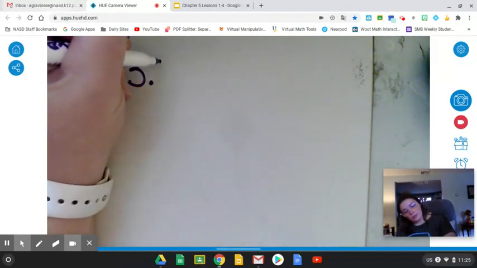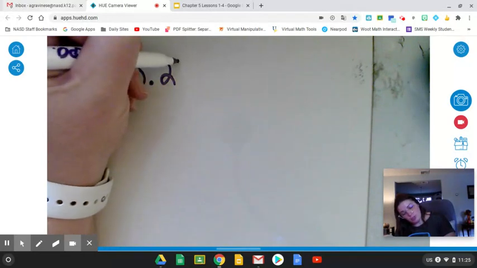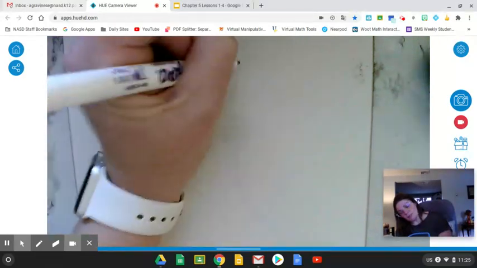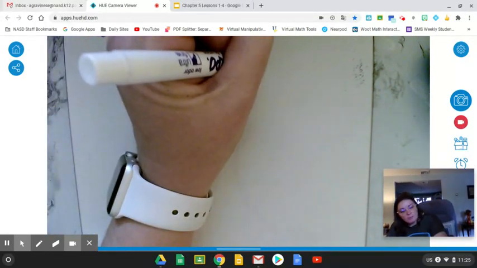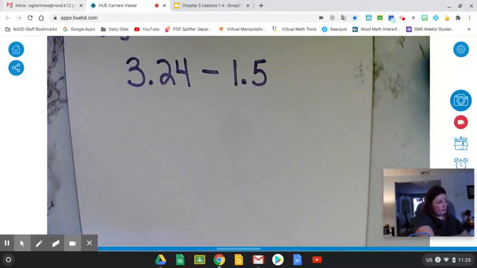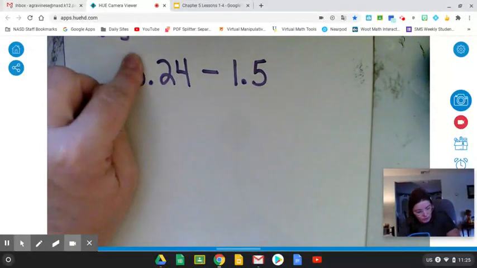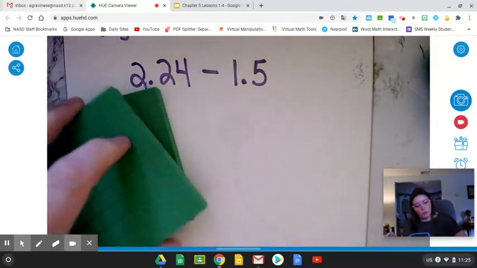Let's take 3.24 minus 1.5. So let's start by building them. Oh, hold on, I don't have enough. Let's scratch that out and make that a 2. I don't have enough of the ones. So I have 2.24. 2 wholes,